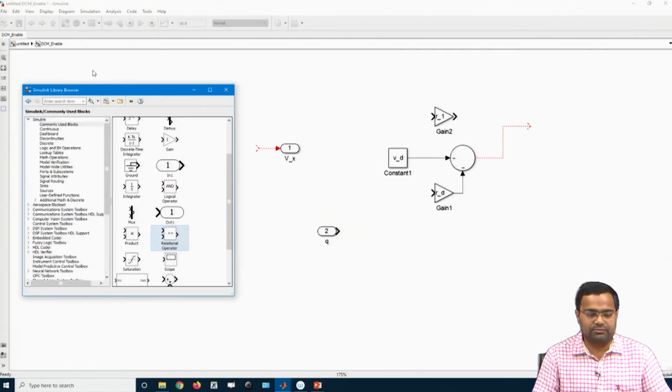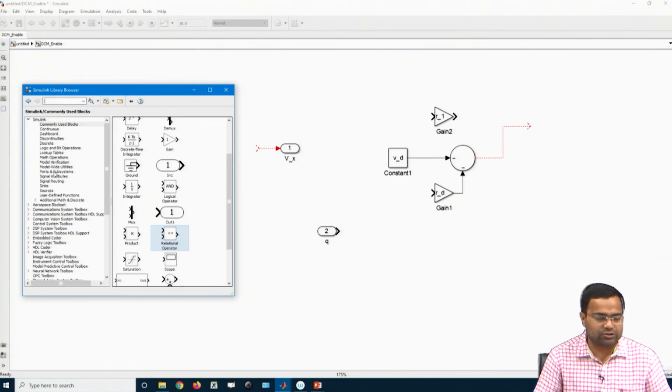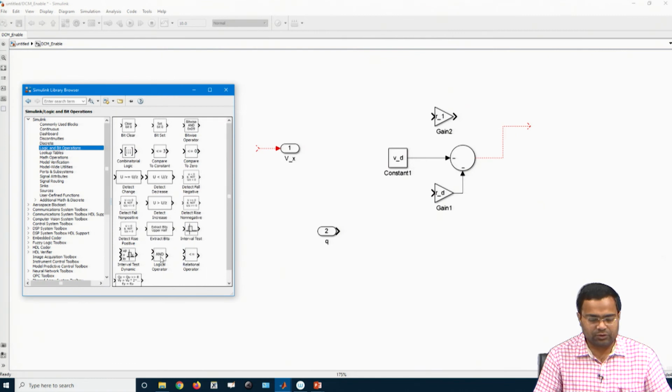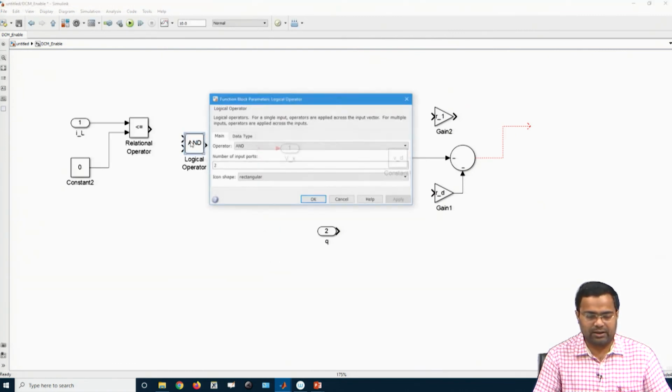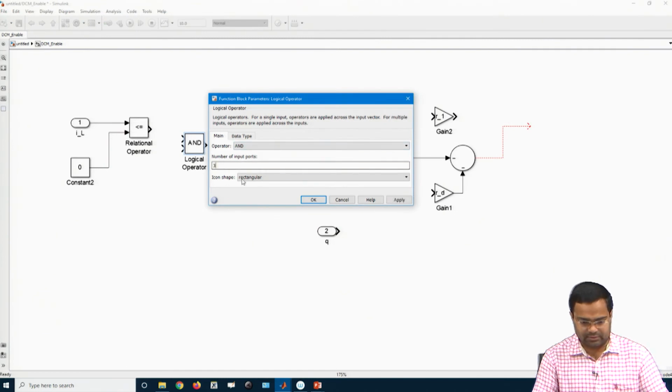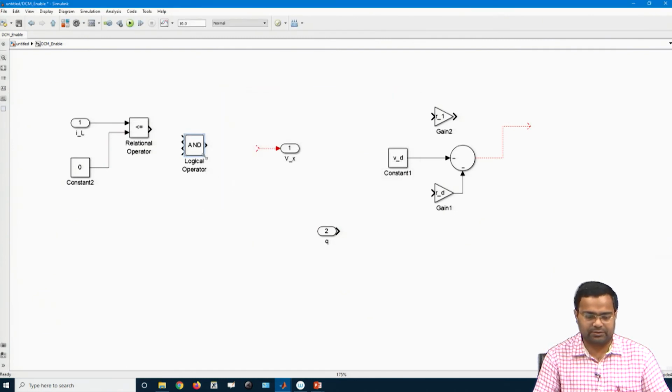Now we need a logic block, that means a logic AND, and we need a 3 input AND. What is the first input?